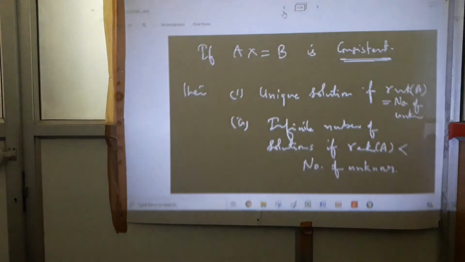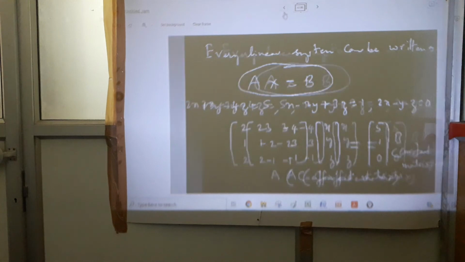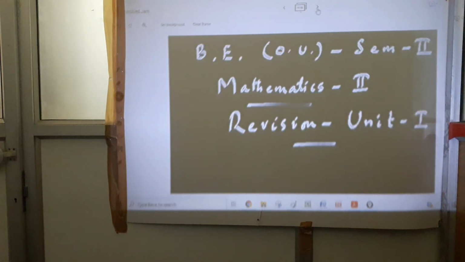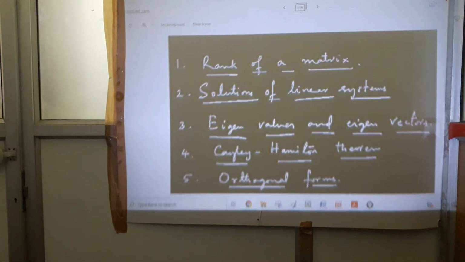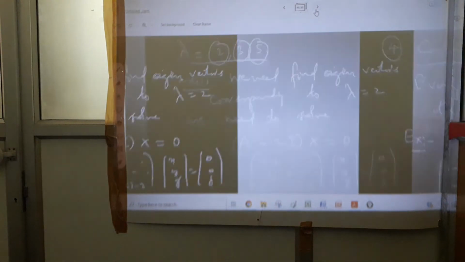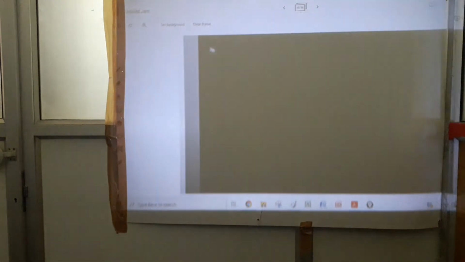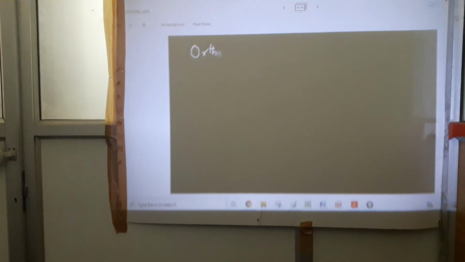Okay, let me come back to the first slide. So we discussed rank, solutions, eigenvalues, Cayley-Hamilton theorem. The last concept which we are going to discuss now, that is orthogonal forms. Orthogonal form. Any homogeneous